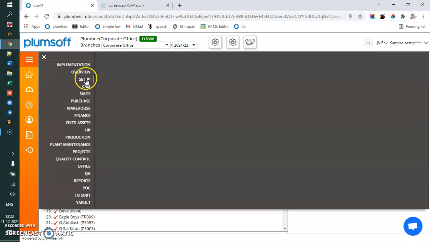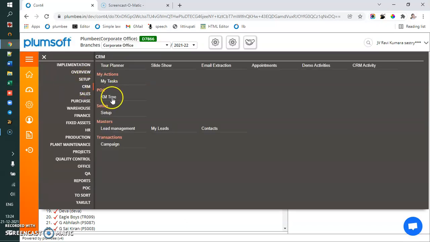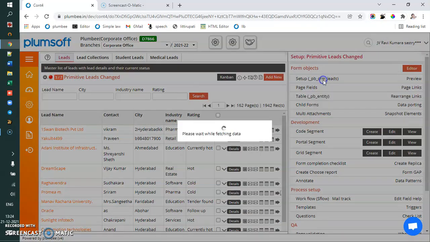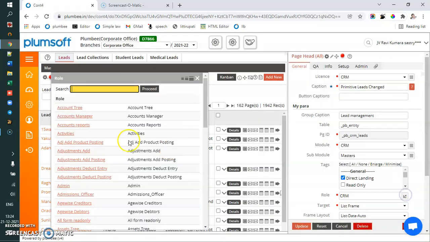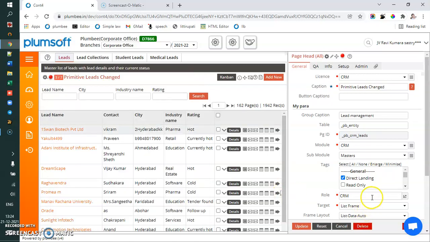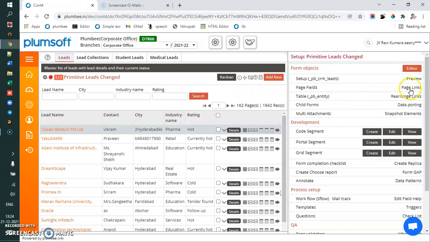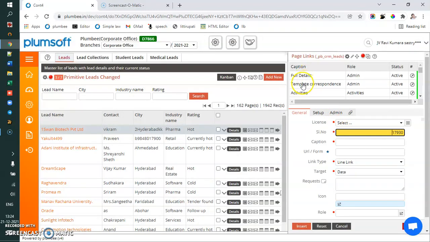Now going to the forms. I'm just taking a sample form. In this form, you go to design mode and go here, and here it says which role will open this form. That means one form can have only one role, but one role can have multiple forms. Now you will see so many actions have come here. If I click this, so many actions are there. So you have given the role to a form. Now you are trying to give a role to a user.